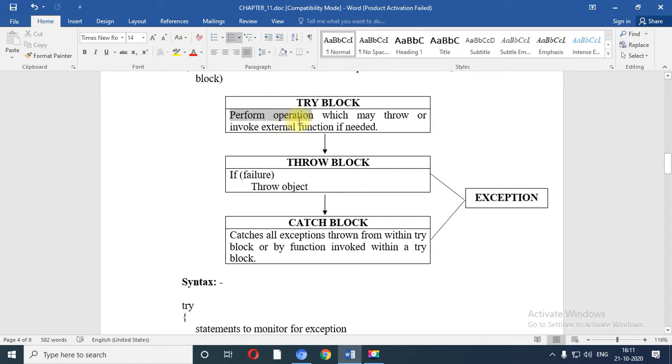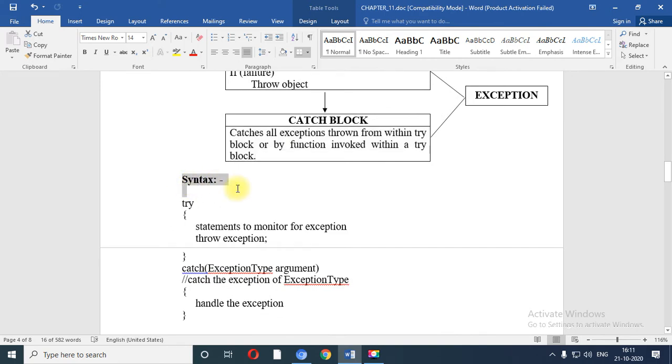So whenever the try block tries to execute some block but is not able to, the code written inside the catch block will be executed. So both can be used for the exception handling mechanism.